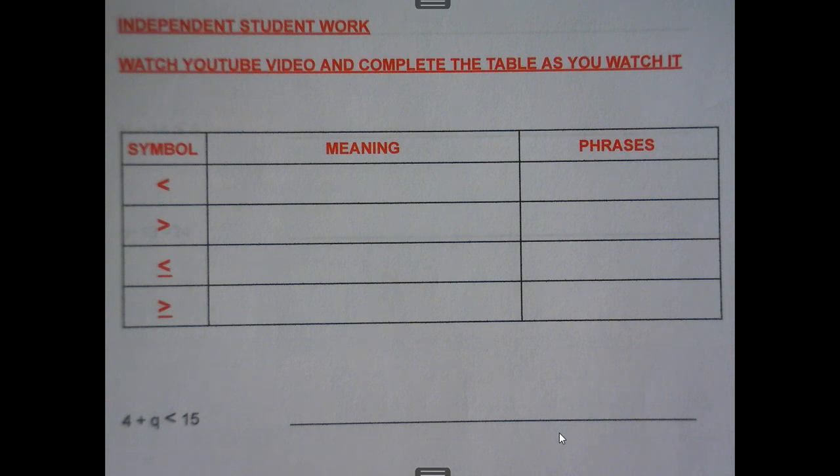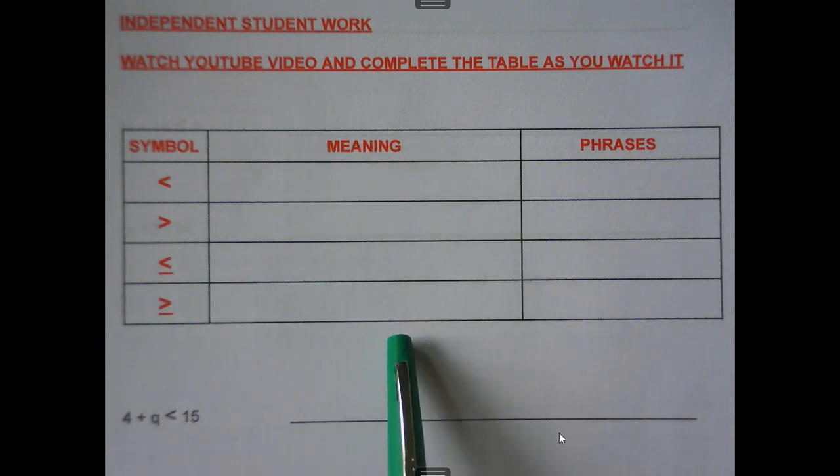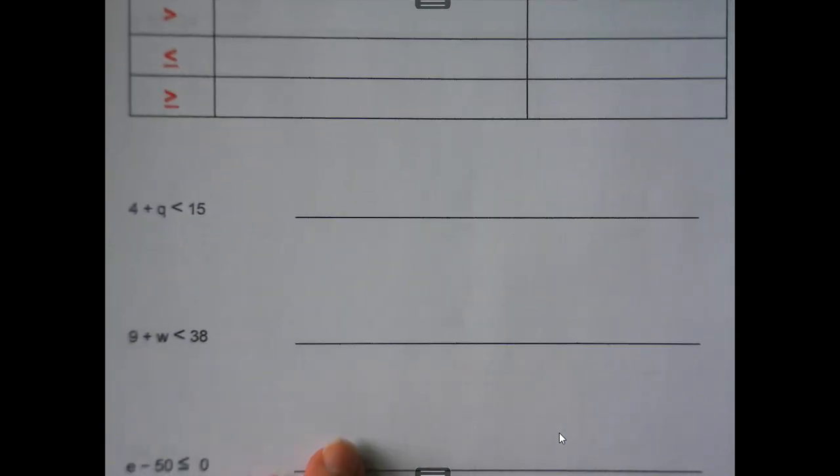This is part of your independent work. I've given you the symbols. You're asked to go ahead and look at the video. It will help you. There will be a table that looks just like this that will help you to fill out the parts that are missing. Then I want you to go ahead and finish the